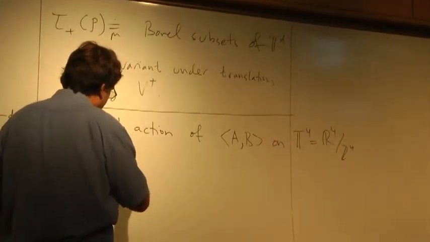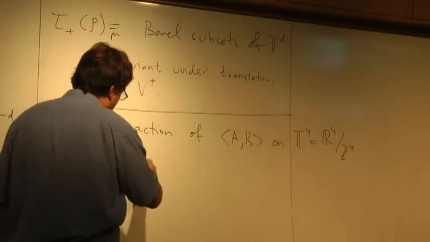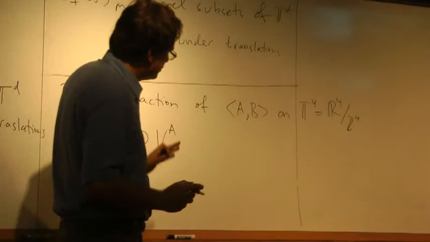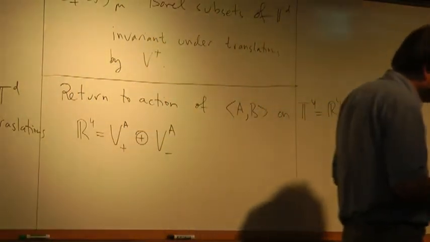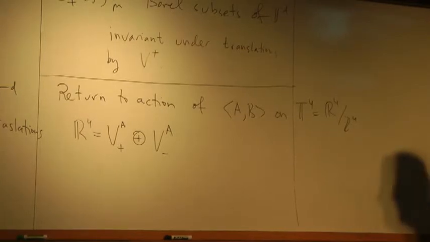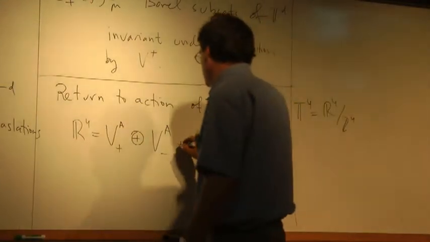Let's call this V plus of A. And there will be a one-dimensional direction spanned by the real eigenvector of A which is contracting, and there would be